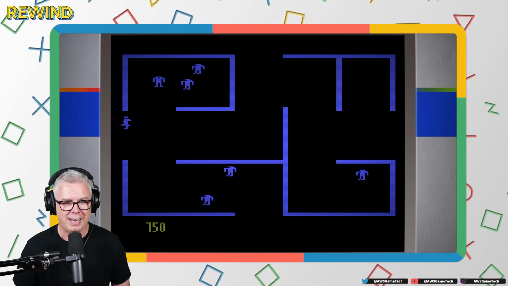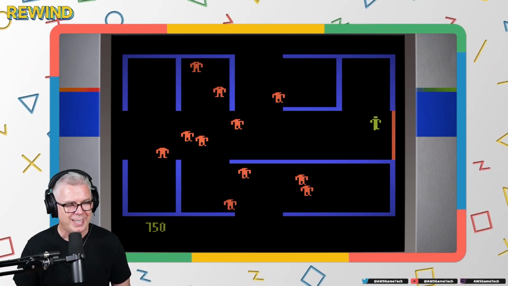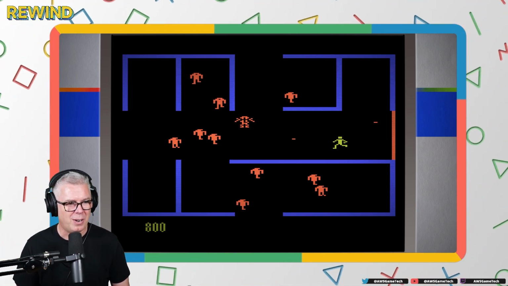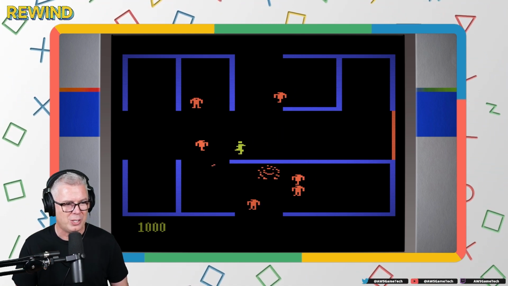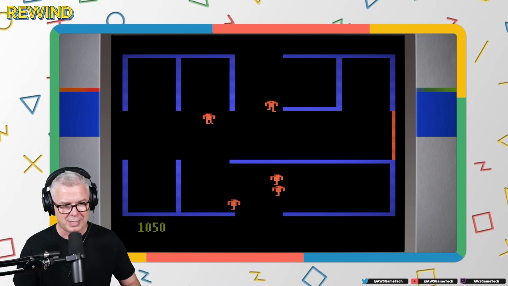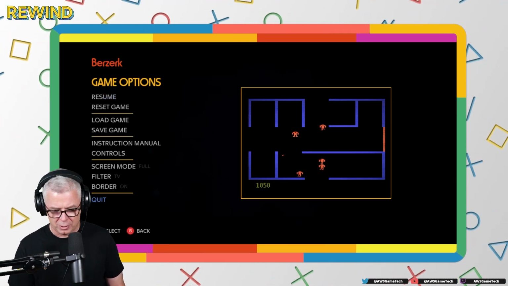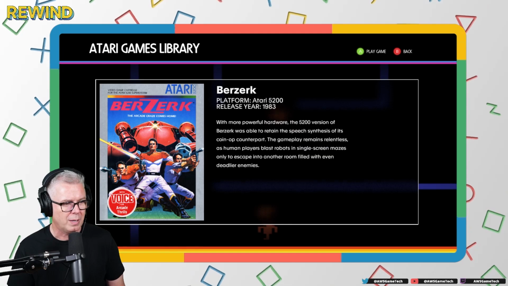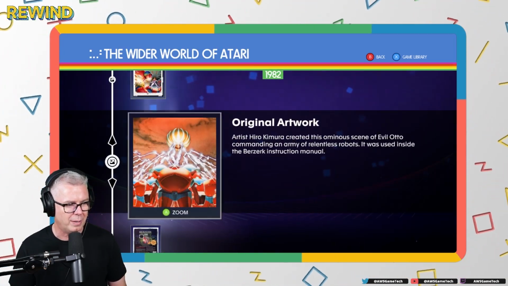Okay, and look at that. Just walk right out of there too. So yeah, you can see, look, they were getting closer to the arcade with every generation of systems that would come along. So this is getting a little bit closer. But again, I think from a gameplay perspective, I think the 2600 version is just smoother to play. Let's see, did they have any other hidden ones in here?